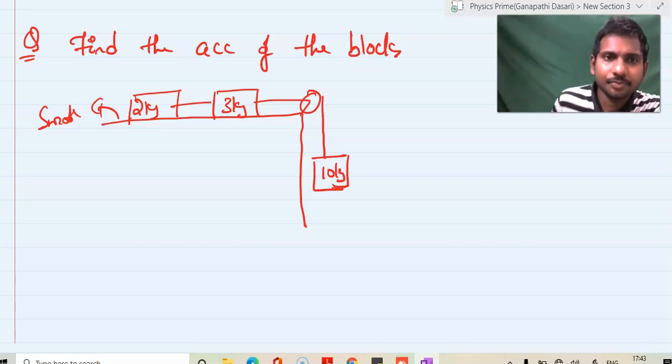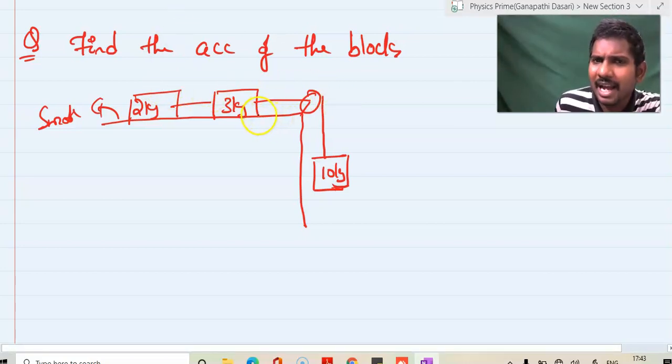In this question, you carefully see here, the concept and the application that we need to do for this question also remains same, but you need to understand one thing here. In the previous questions, if we take the tension as T, here also we took tension T because it is a connected string, but here it is not a connected string. There is a 3 kg block in between this A string and B string.